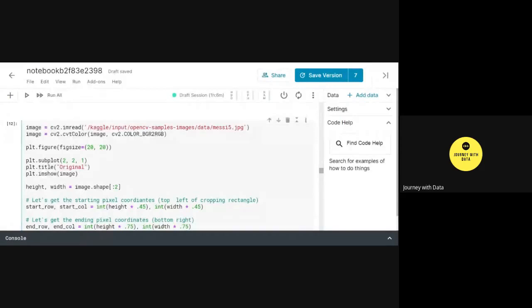So in this part: reading an image, converting it to a grayscale image, and then up till here I am displaying the original image, doing nothing. Now taking the height and width using image.shape and then :2. So :2 will retrieve both the elements, height and width. You can also create separate variables like we were doing up till now using image.shape 0 and then 1, but that's how you can write it in a single piece of code.